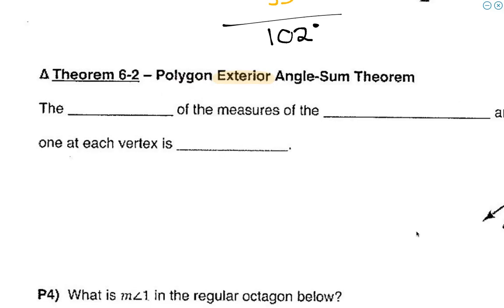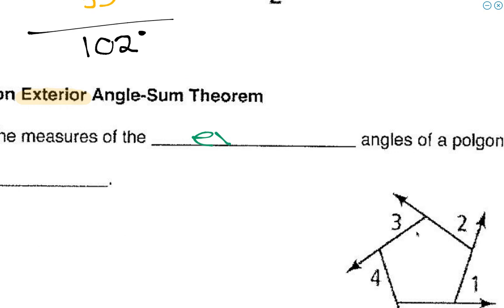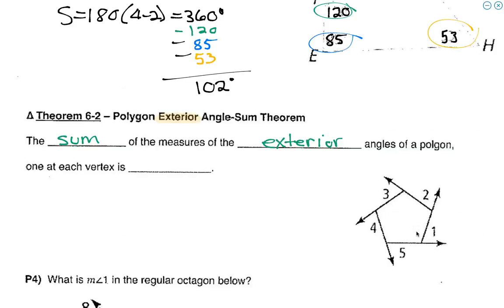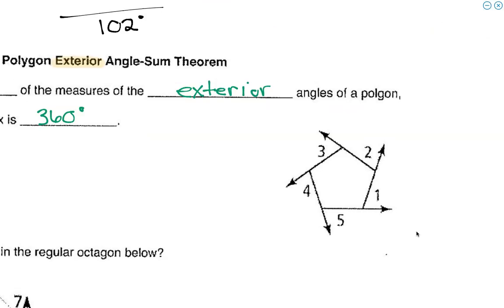So the sum of the measures of the exterior angles of a polygon, there's one at each vertex, is 360 degrees. So exterior angle, exterior angle,